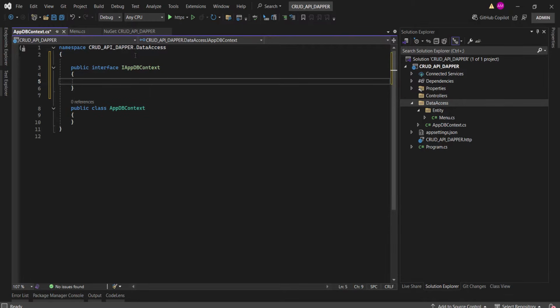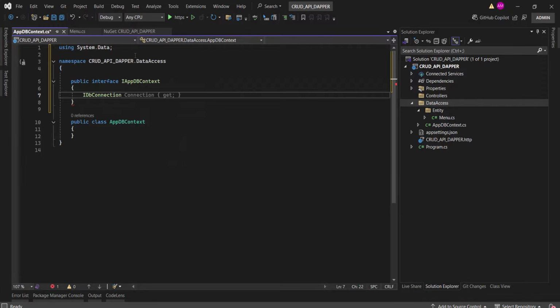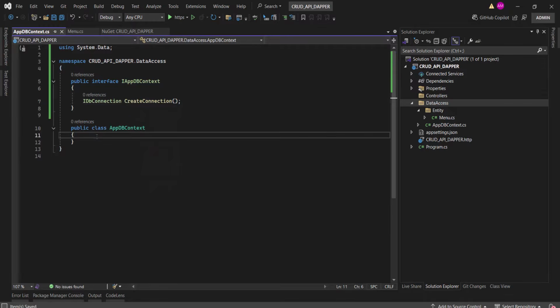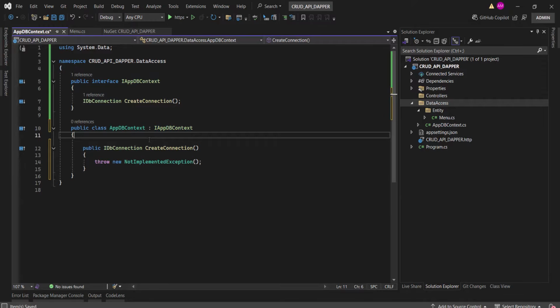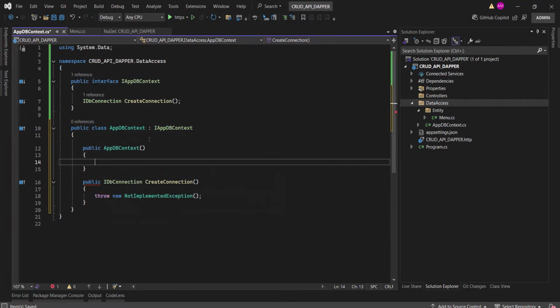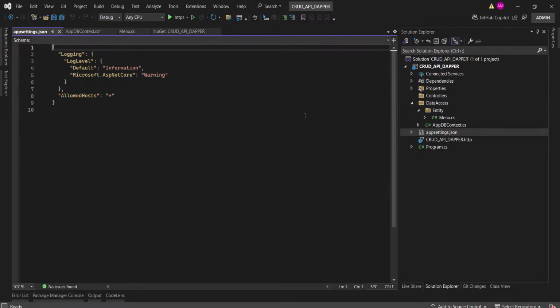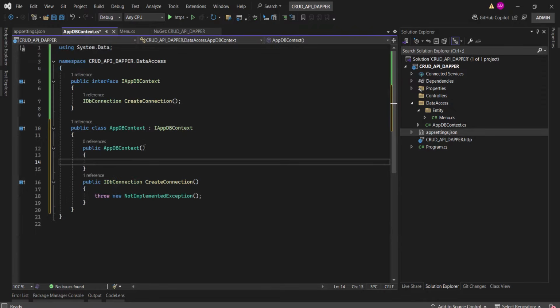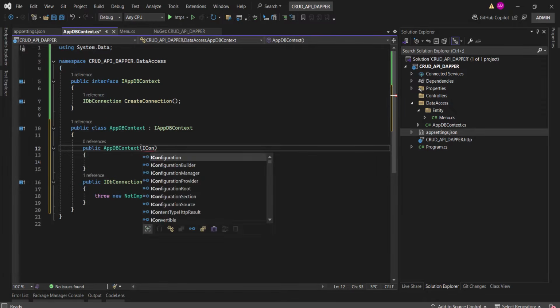And then what we have in here is IDbConnection CreateConnection. And then for this, we need to implement that interface, ApplicationDbContext, and we need to implement the method of this interface, which is CreateConnection. That's fine. And then ctor to create a constructor. And we need to inject configuration in here because later we will read the application setting value in here to get the connection string. And here I need to inject the configuration,